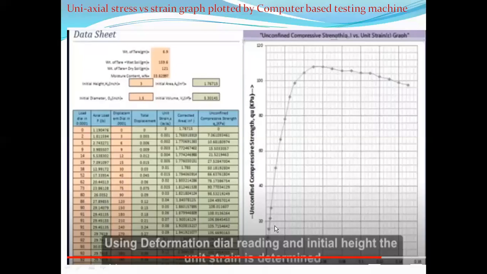So this computer-based graph gives the strain versus unconfined compressive strength. Look here, as the load acting on the specimen keeps on increasing, there will be the corresponding deformation, and it reaches a maximum point. Later on, it decreases. This is where there is a maximum yield point. So from this, we can easily determine the maximum compressive strength of the mass. Okay, this is what you call the computer-based graph.